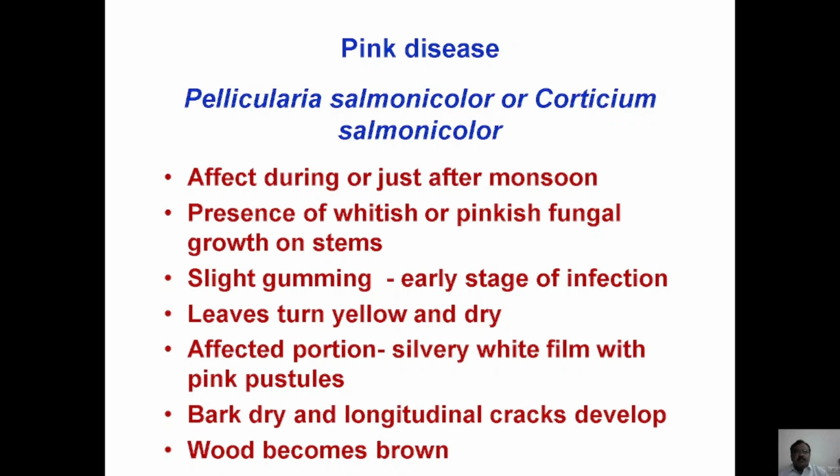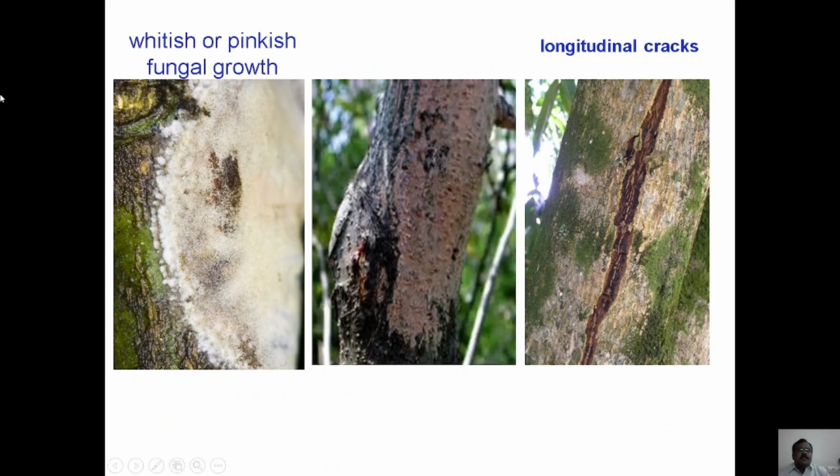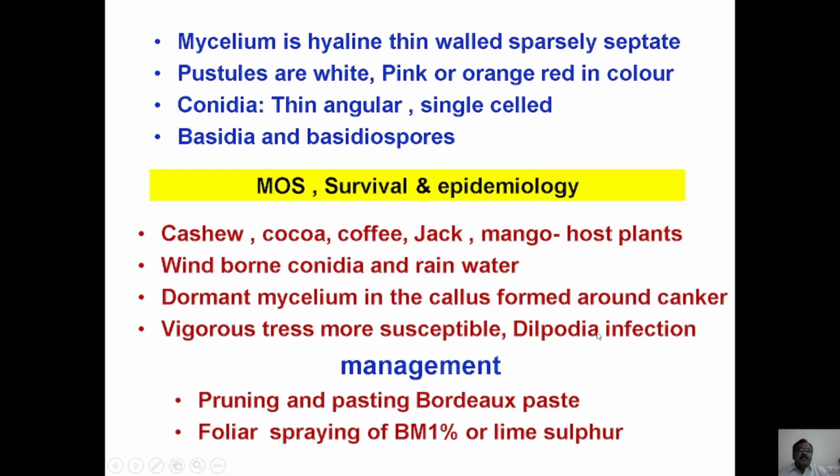Upon the affected portions, you can see the white silvery thin film with pinkish pustules. The bark of the affected portions or affected plants may become dry and develop some longitudinal cracks, and the internal wood turns dark brown in color due to the infection. This is the white mycelial growth, which turns pinkish at the time of sporulation. These are the longitudinal cracks developed on the trees,